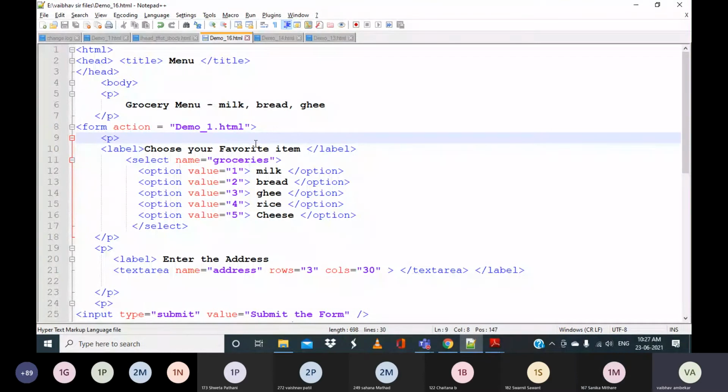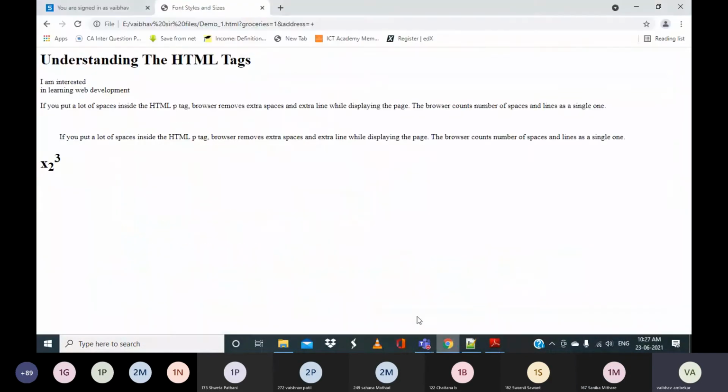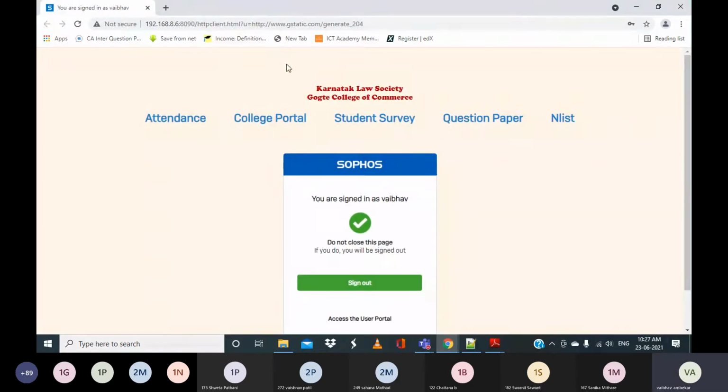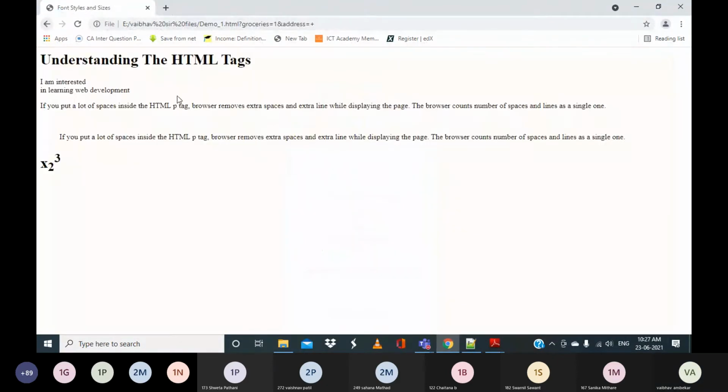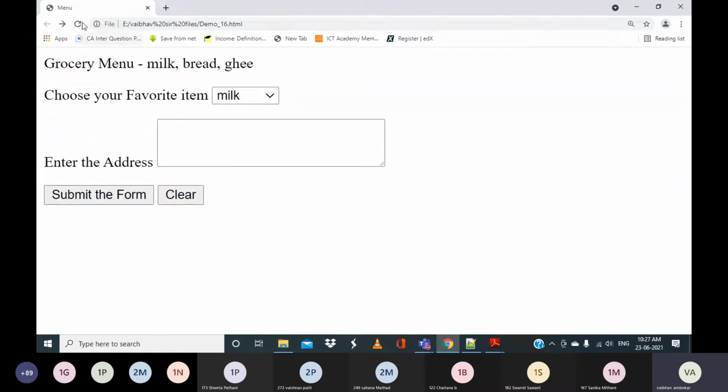Usually what happens is, on any online web page, when you click on the submit form or submit button, all the data you entered will be fetched and stored in the database or on the server, and then from the server you will get a response.